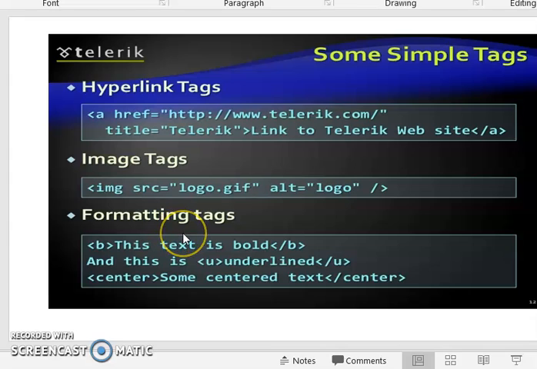Next are the formatting tags. Formatting elements are designed to display special types of text, that is bold, strong, italic, small, inserted text, subscript, superscript, etc. We can use these to format some text. First one is B. Here B is a tag.